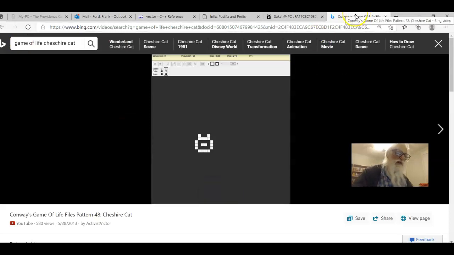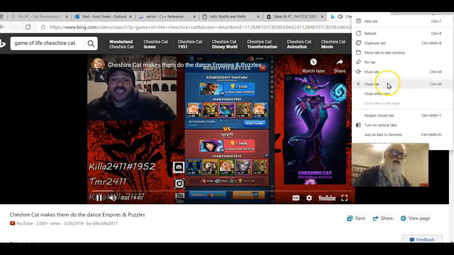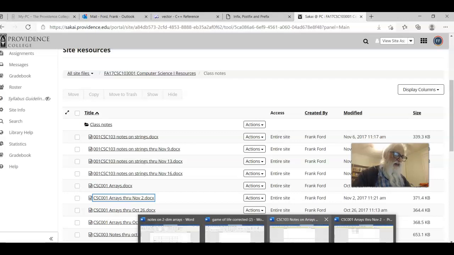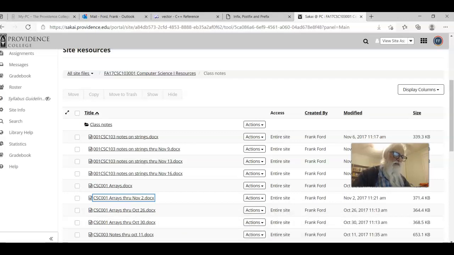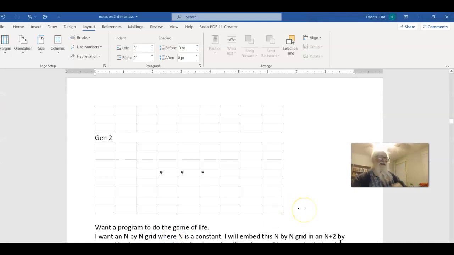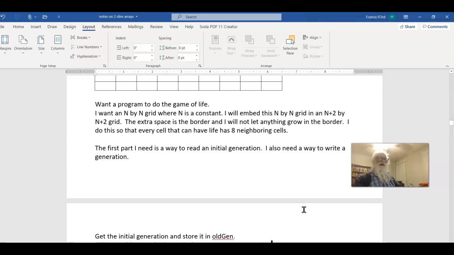Now, I wrote this program, and I'm not going to try to go through it step by step. It would take forever. What I'm going to do is I'm going to look at the program and talk about some of the things in it. So the first thing I want to note is that I wanted to make my life easier. I did not have to worry about the edges. So what I did was I had an n by n grid,